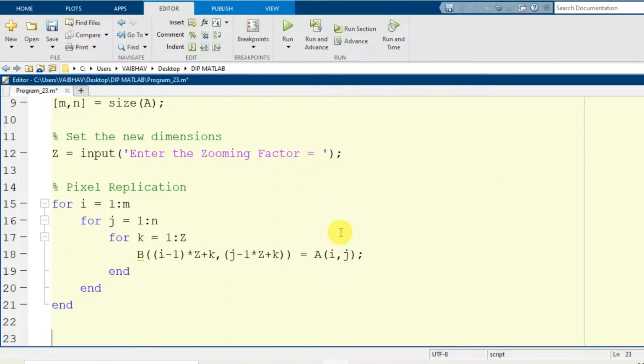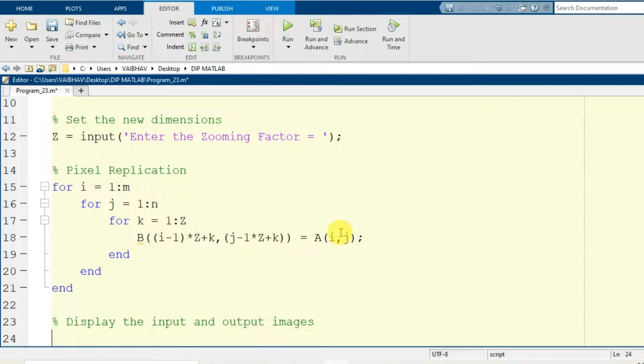Now after having the pixel replication performed, the last thing is to check the results by displaying input and output images here. So it will be the last module to display the input and output images. For that purpose I'm going to make use of the imshow command. First of all I will display the original image to be zoomed here, where I provide the concerned title like this,